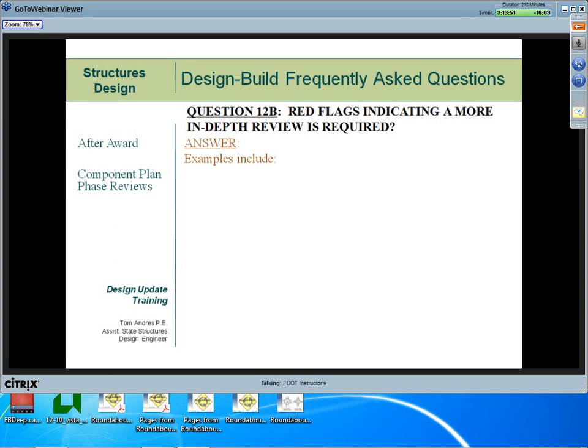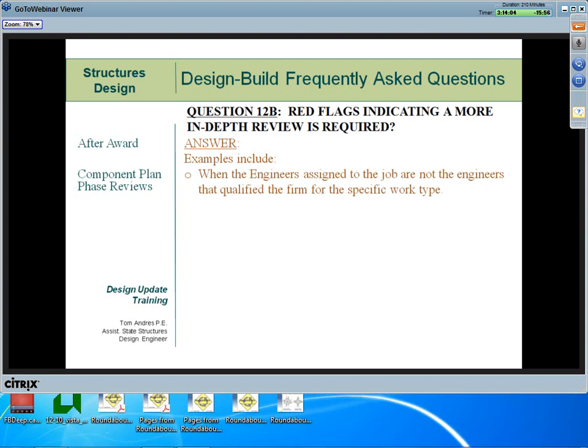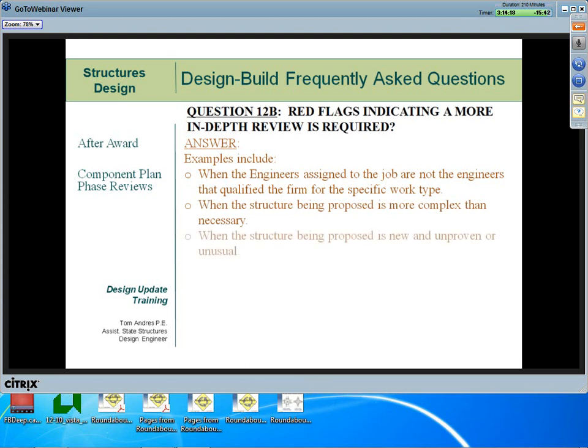So what are some red flags indicating a more in-depth review is necessary? Here are a few items in the area of structures design. Roadway design has a similar list. When the engineers assigned to the job are not the engineers that qualify the firm for the specific work type. When the structure being proposed is more complex than necessary. When the structure being proposed is new and unproven